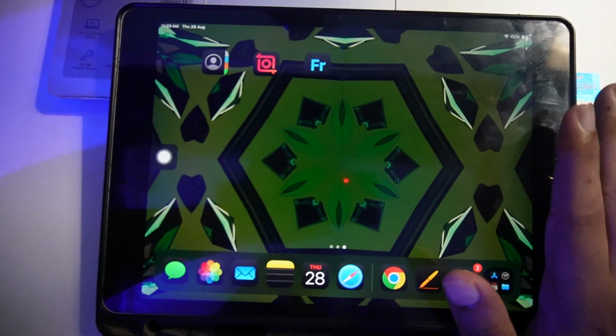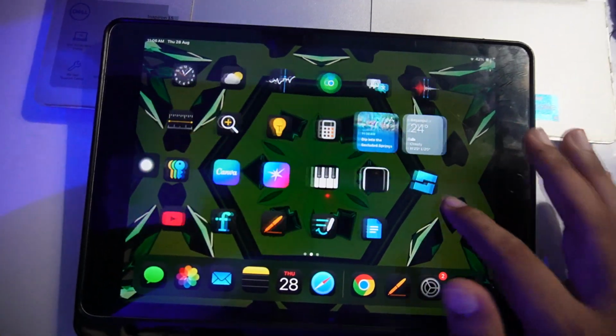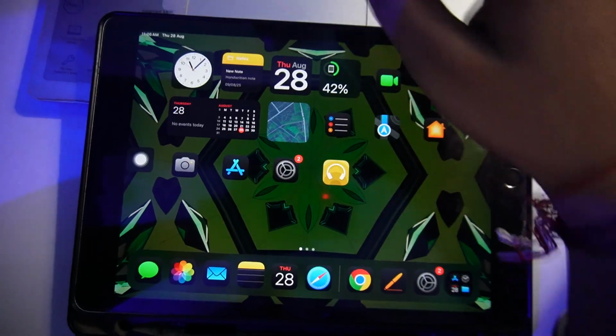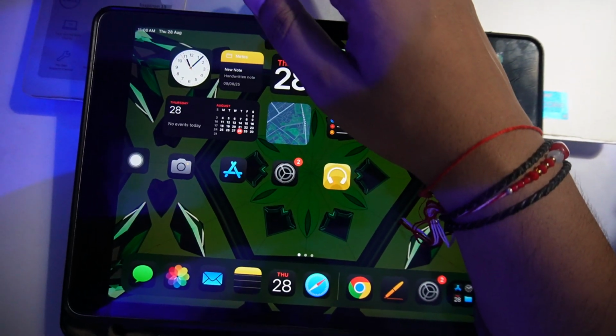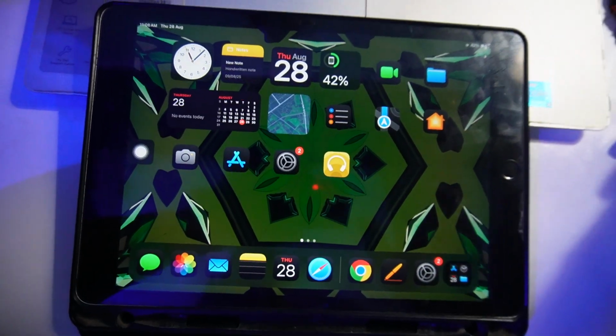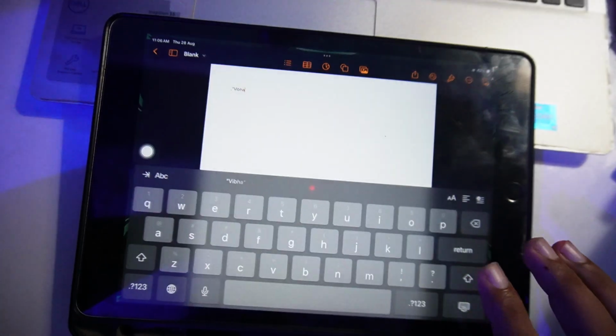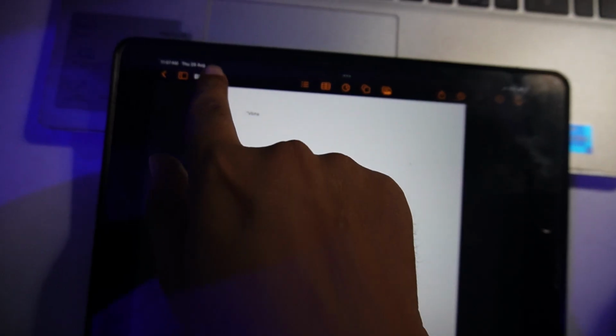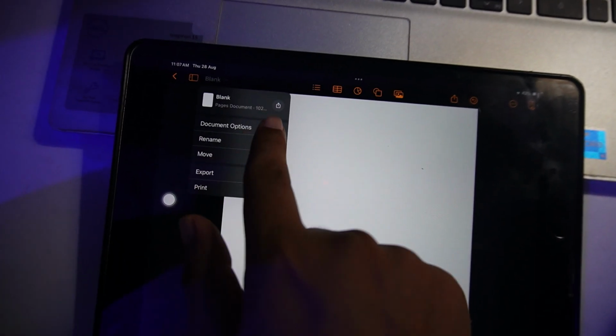In this video guys, I'll be telling you how to add page numbers in your Pages app. So if you want to do that, you have to open your Pages app first of all. Once you open it, you have to tap on this blank option, tap on it and just tap on document